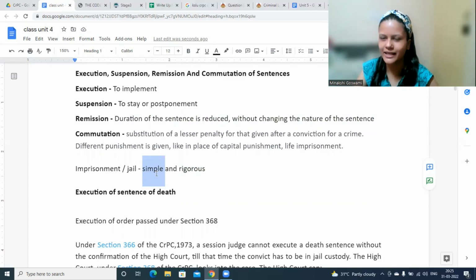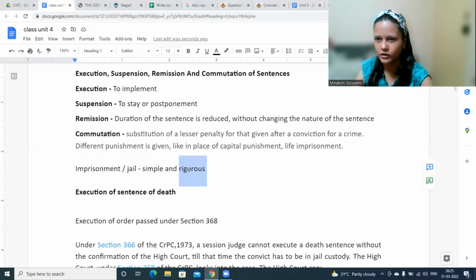The person is sent to jail and is asked to do minor things like maybe baking cakes, baking cookies, etc. When we say rigorous imprisonment, he would be given hard labor, like breaking stones and stuff that we see in movies. So in both cases, the person is sent to jail. In simple imprisonment, he needs to do some small work here and there. Here, hard labor is involved. That means this becomes a more severe kind of punishment. It's difficult for the person also.